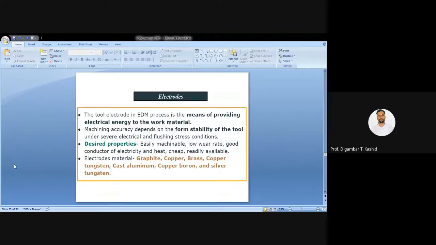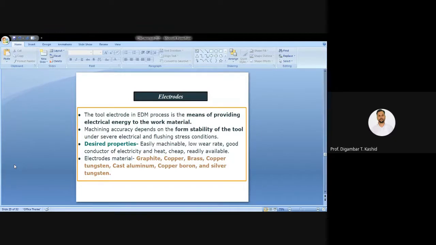rate. It has high conductivity, but what is the main problem of graphite? Although it has a low tool wear rate, it gives a high surface finish and high material removal rate. But brittleness is an undesirable property. Because of that brittleness it is prone to breakage. It is a very brittle metal, and with a very small force it can break. This is the main limitation of using graphite.